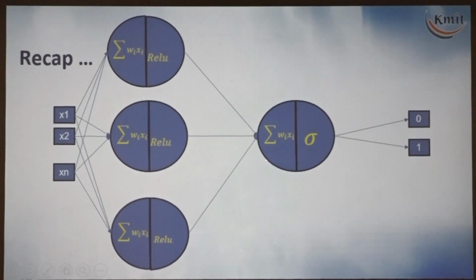Now in this case, this is called the hidden layer. You can add any number of units; we can call a unit a node. You can add any number of nodes and any number of layers also. This is one layer, this is one layer, this is one layer, and you can add one more layer and one more layer. You can add any number of layers and then get the output. So if you increase the number of layers, this is called the artificial neuron. This is representing the artificial neuron.